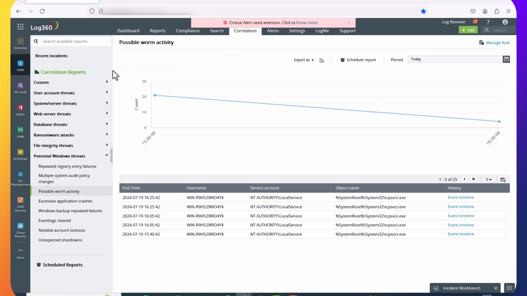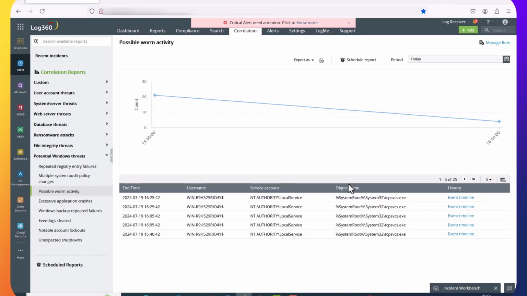On the left, you can view all predefined correlation reports. In the search bar, enter worm to search for reports on worm activity on the network, and this pulls up the possible worm activity report, which shows you worm activity in the network that Log360 has detected. We will come back to examine this information in just a bit.